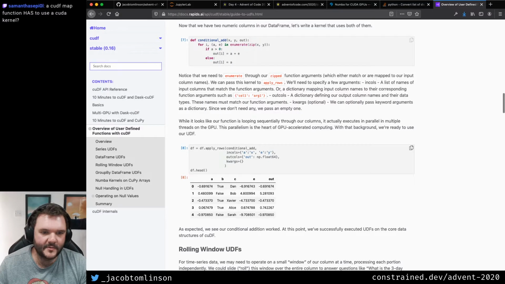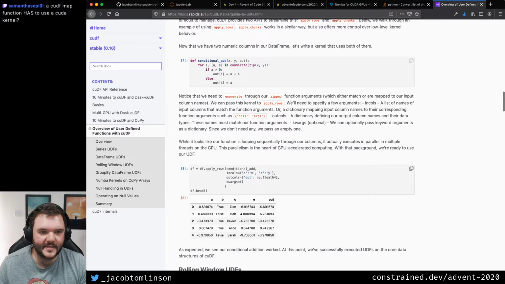Okay, so we have in calls, out calls. Right. So it looks like doing this, we have a kernel. We say which columns we want to go through, and we say which column is going to be our out column and its data type, and some keyword arguments that we're not going to use. But this will get passed in here. So for each row,